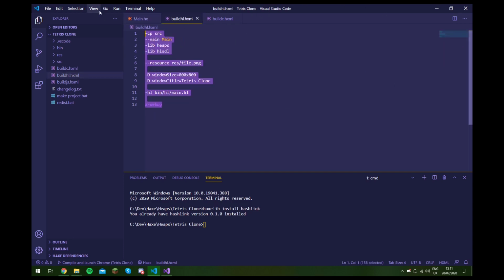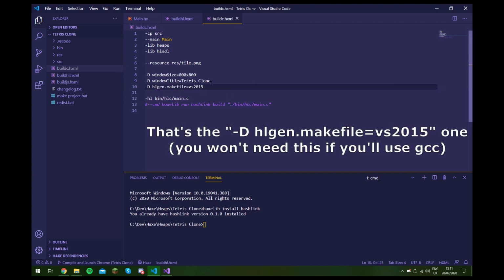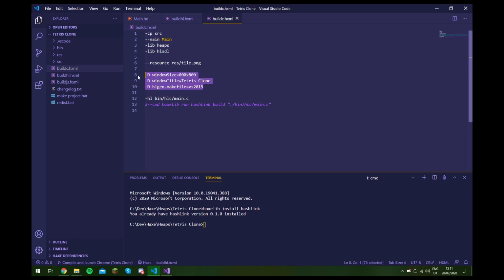So here's our Hashlink HXML for compiling bytecode. To generate C code, what we have to do is we have to change this extension here to C, as you can see. We also have to add this flag here. And this allows us to generate a project so that we can easily compile our game once the source